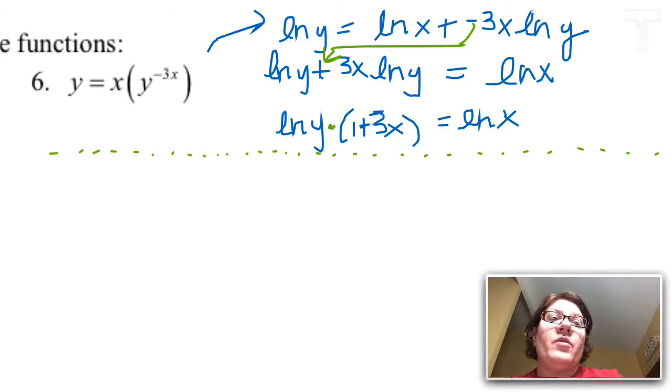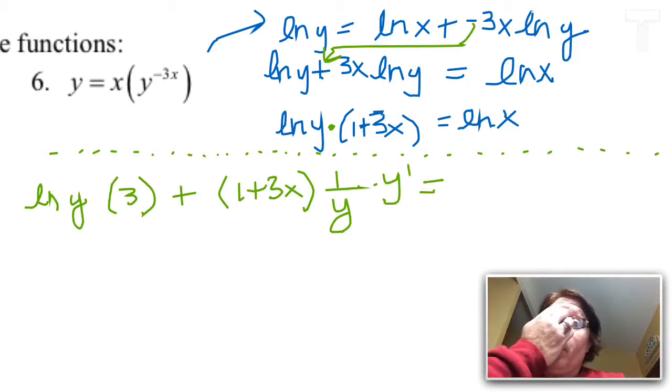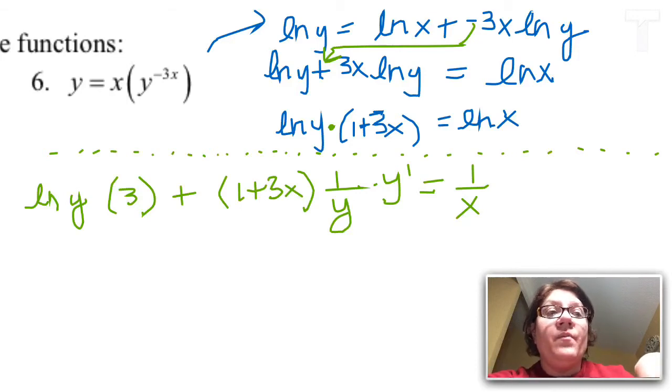So over here, of course, I have a product. So I have to do first times derivative of the second, but that'll just be 3, plus second times derivative of the first, which will be 1 over y times y prime, equals 1 over x. Of course, I want to get y prime by itself, so